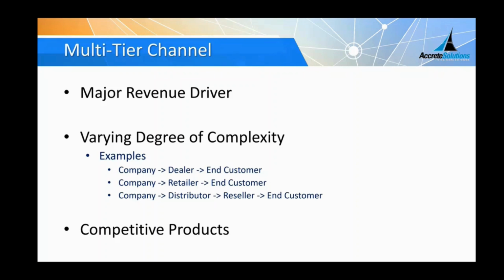You have companies that sell through a dealer, and the dealer sells to the end customer. This is very common in selling vehicles. Or you can have companies selling directly to a retailer, like Office Depot or Home Depot, and then the retailer sells it to the end customer. Another scenario is I can add one more tier. A company sells through large distributors, then the distributor sells to resellers, and the resellers sell to end customers. So